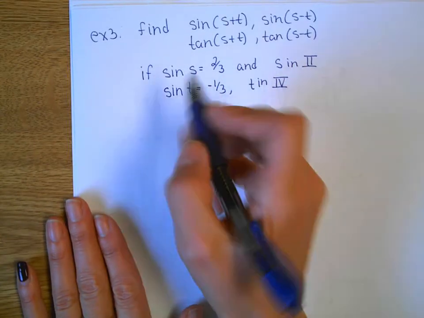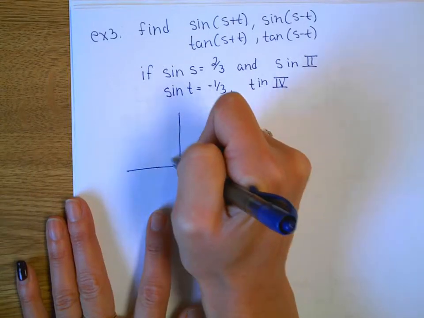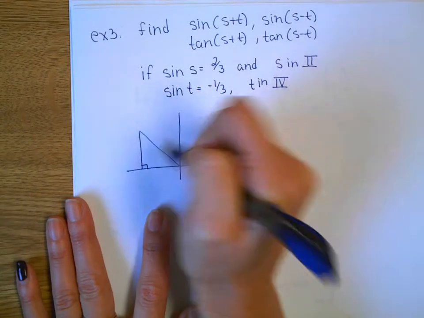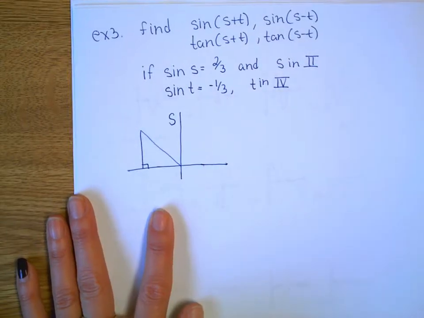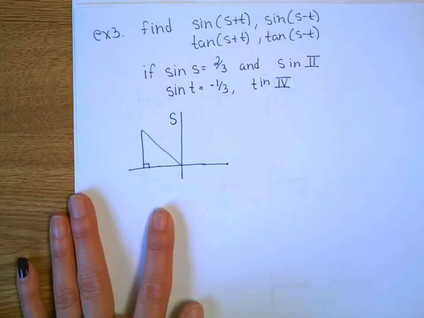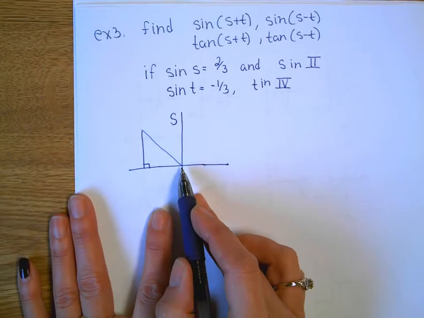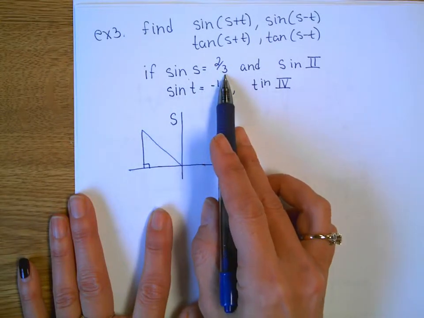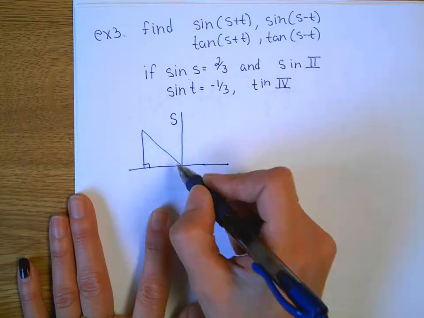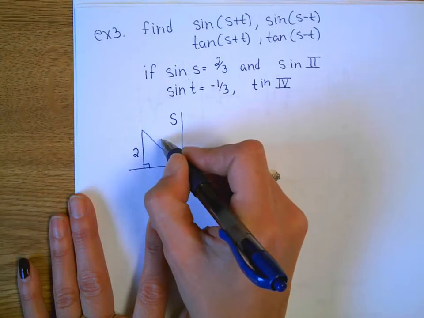Angle S is in quadrant 2. So give yourself a triangle, give yourself an angle in quadrant 2, and label this as your S triangle. What do I know about this triangle in quadrant 2? Sine, so the opposite over the hypotenuse is 2/3. So if I'm standing at the origin, opposite is 2, hypotenuse is 3,